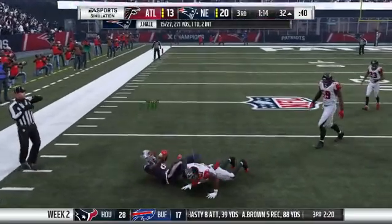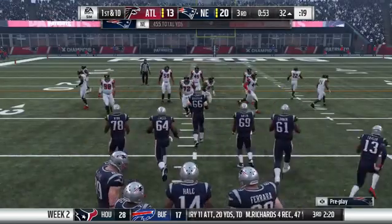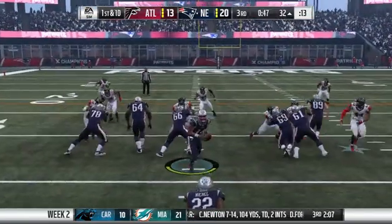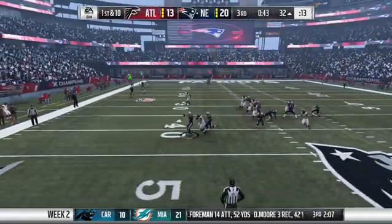Quick hitter here, it's complete. And he gets it to the 32, good enough for a first down. 7 yards there, good enough to move the sticks. As an unbiased observer, I think it would have been interesting to see what they would have done if they hadn't gotten the first down there. But since they did, I guess the point is...